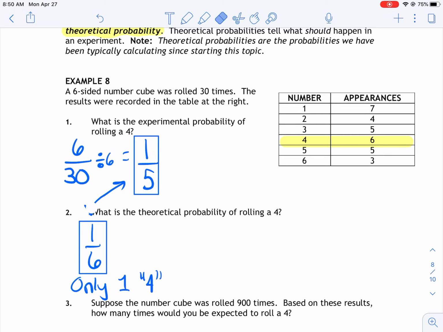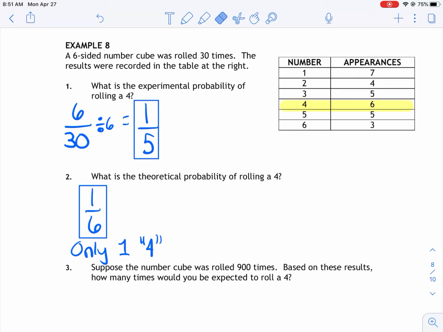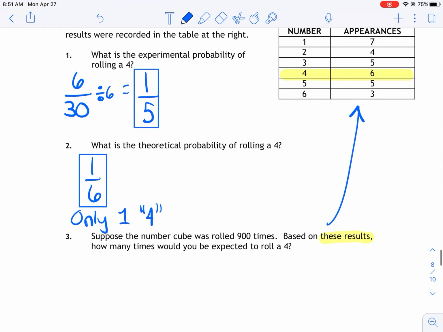Now, we can also use our experimental probability to make predictions for larger experiments. So that's what's happening here in problem number 3. If we roll the number cube 900 times, based on these results, so the results are up here in the table, how many times would we be expected to roll a 4? So basically, I'm going to take my experimental probability, which is 1/5. I rolled a 4 1/5